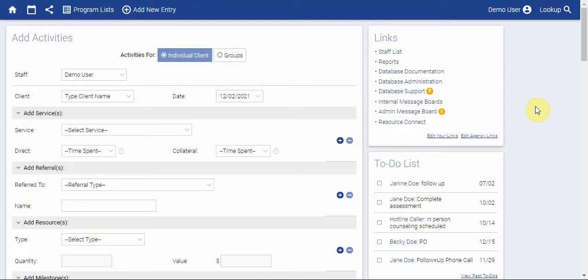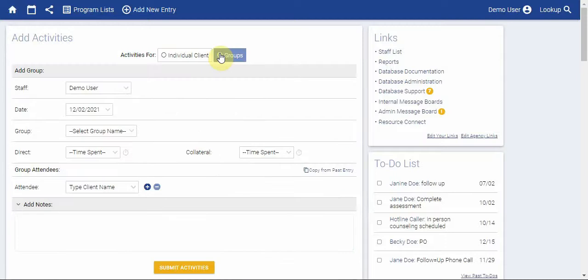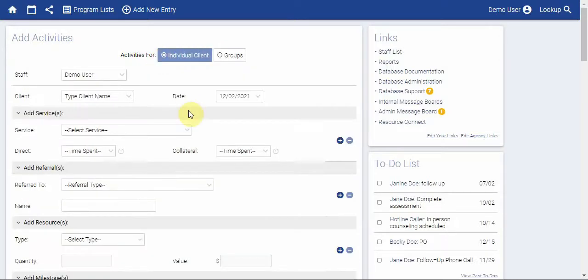Hello! In this video we're going to have a look at how to add, edit and delete activity types. Activity types are anything that can be added via this Add Activities module here. That's often services, referrals, resources and potentially groups. I'm just going to show you the example using services because this is something that most of your sites will